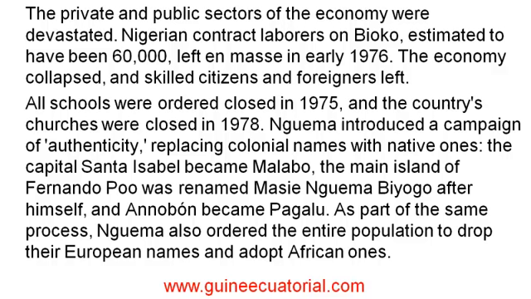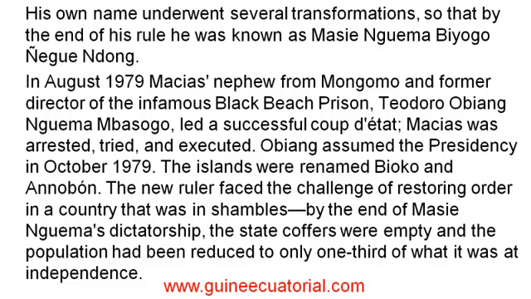The capital Santa Isabel became Malabo, the main island of Fernando Po was renamed Mazingumabiogo after himself, and Anoban became Pagayao. As part of the same process, Nguema also ordered the entire population to drop their European names and adopt African ones. His own name underwent several transformations, so that by the end of his rule he was known as